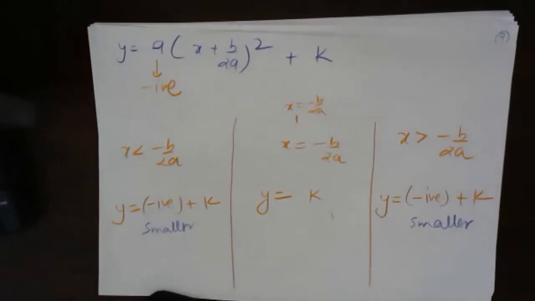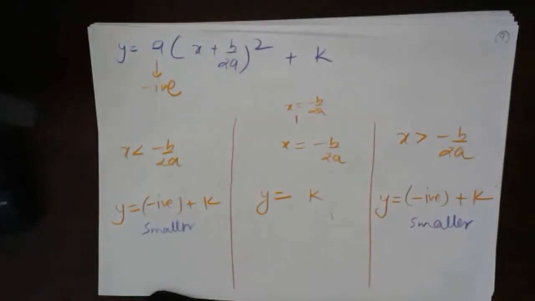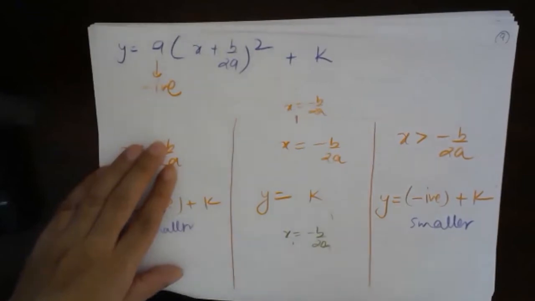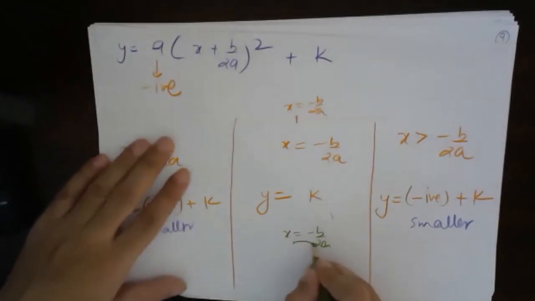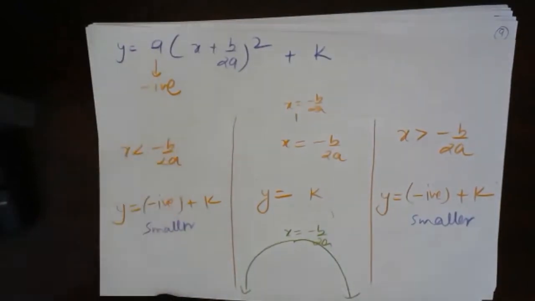I'm getting smaller value. That means what kind of a shape I will get? First thing, minus b by 2a is which point? Minus b by 2a is the point of maxima. That means at x equals minus b by 2a, I was standing at the maximum value. If I move on the right side, decreasing. If I move on the left side, decreasing. Understood? So what kind of a shape will it be? It will be hill shape, or a downward facing quadratic expression, or downward parabola.